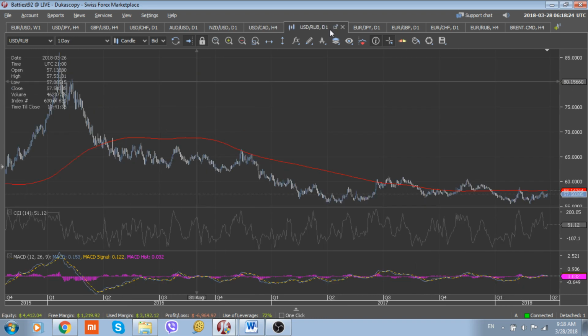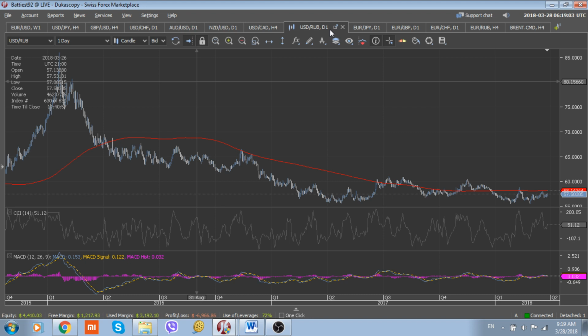And finally, some words about the Russian ruble. As you know, Russia is still in a very tough position right now from the point of view of relations with Western countries. You know, the diplomatic war and so on. That means that a new wave of sanctions against Russia, of course, should mean that the Russian ruble could come under more selling pressure.